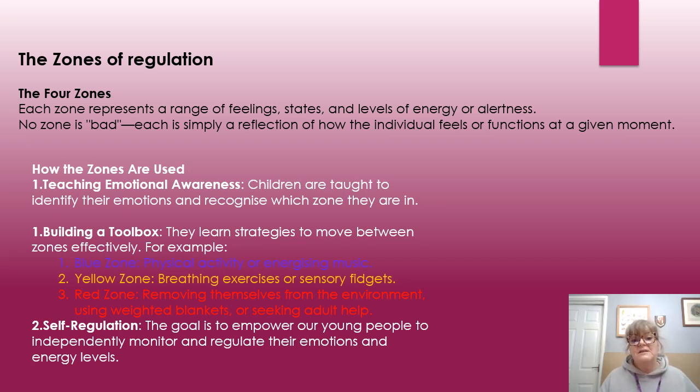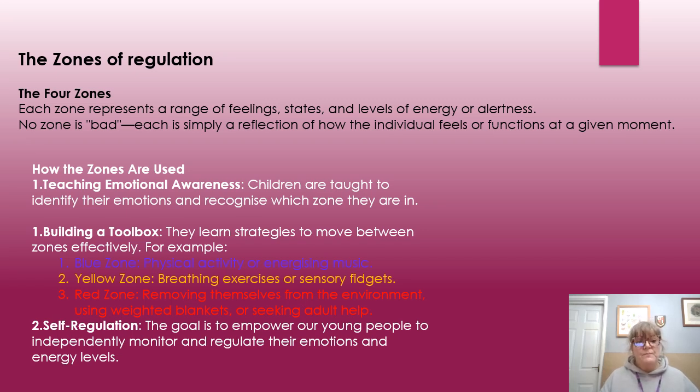And a young person in a green zone is paying attention in class, they're following instructions or engaging well with peers. And to maintain this, we continue what we're doing, basically, continue effective strategies or routines. So we don't need to necessarily worry about a child who is in, or a young person who is in